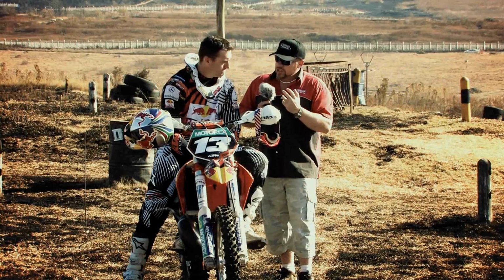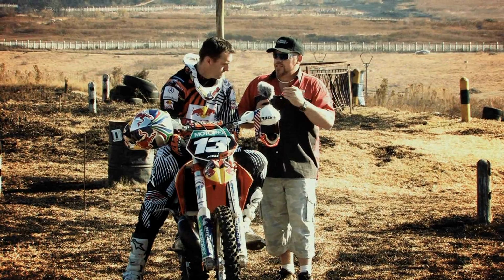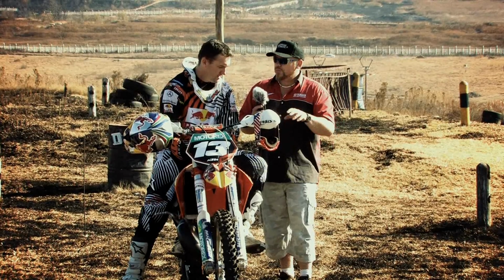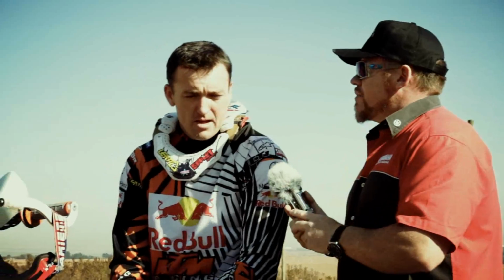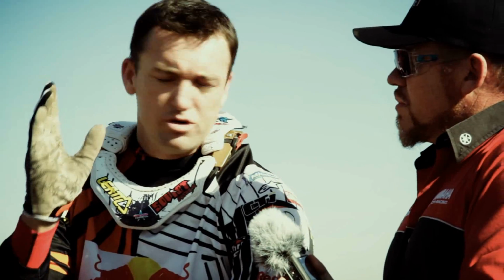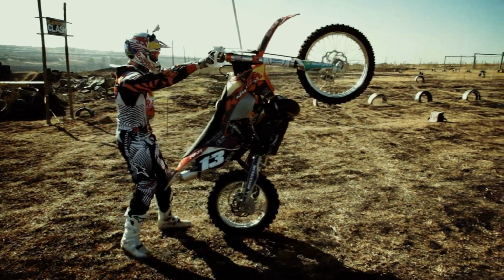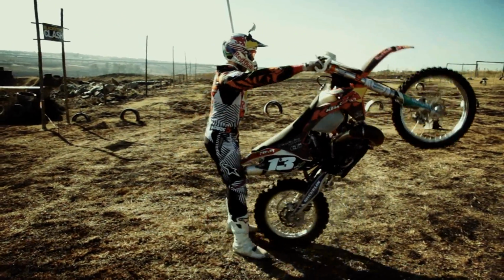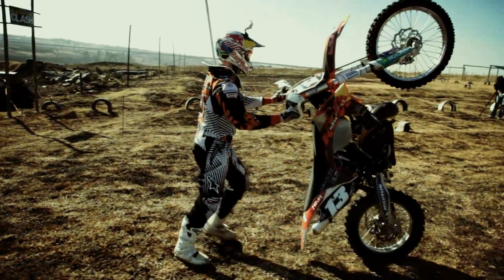Brian, can you put it into words and in slow motion what the guys must do in wheeling, from the guy who starts from the beginning to the pro wheelie? If you can explain. Well, the biggest thing, the bottom line with the wheelie is that you want to get it onto balance point. In other words, just before the front wheel falls down and just before it goes over and you land on your back. To get it onto that balance point is the most difficult part,